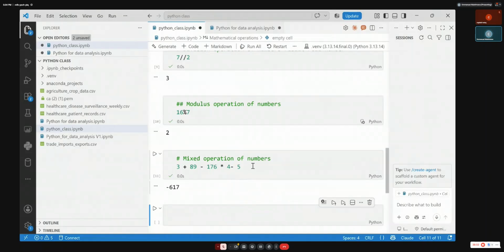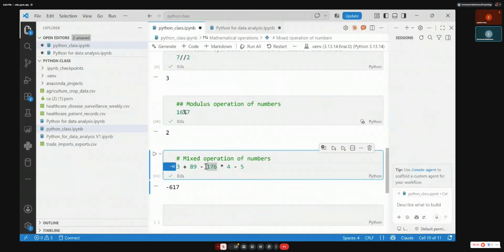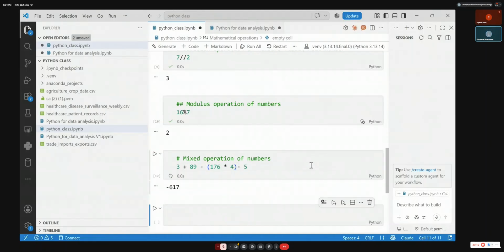If you are confused, of course, make sure that it is using MDAS. So it starts with multiplication and division, then addition and subtraction. You can even put the parentheses if you like. When you do it like this, it will take this value times this minus this, take this value minus the result, and so on and so forth. So you can do so many complicated calculations by using parentheses, whatever you like.